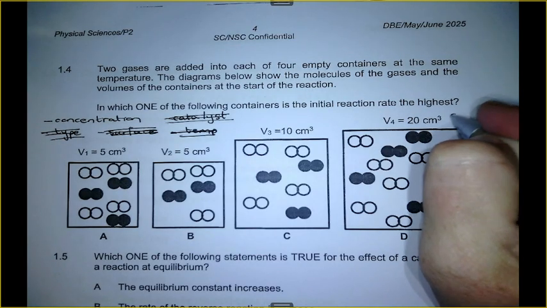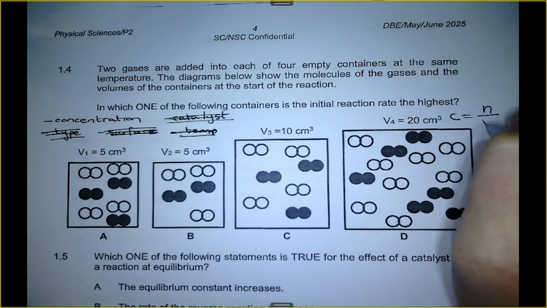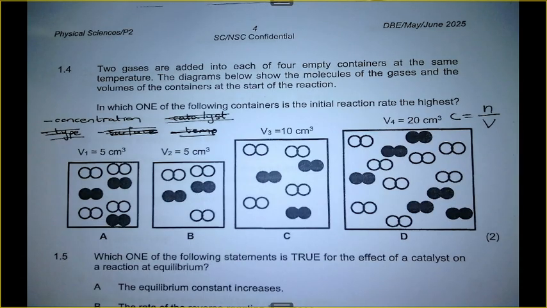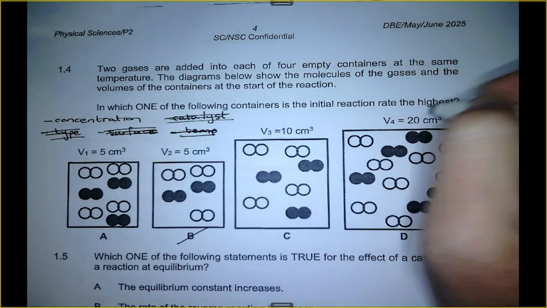Concentration is number of particles per volume. So let's compare A and B. Can you guys see B has fewer particles in than A? So it cannot be B because A has more particles in. It will have a higher concentration. We are looking for